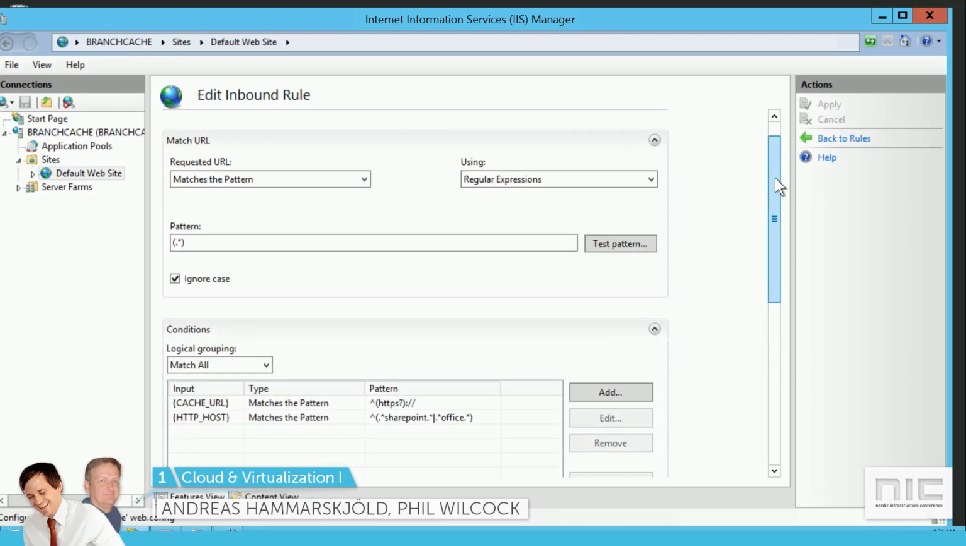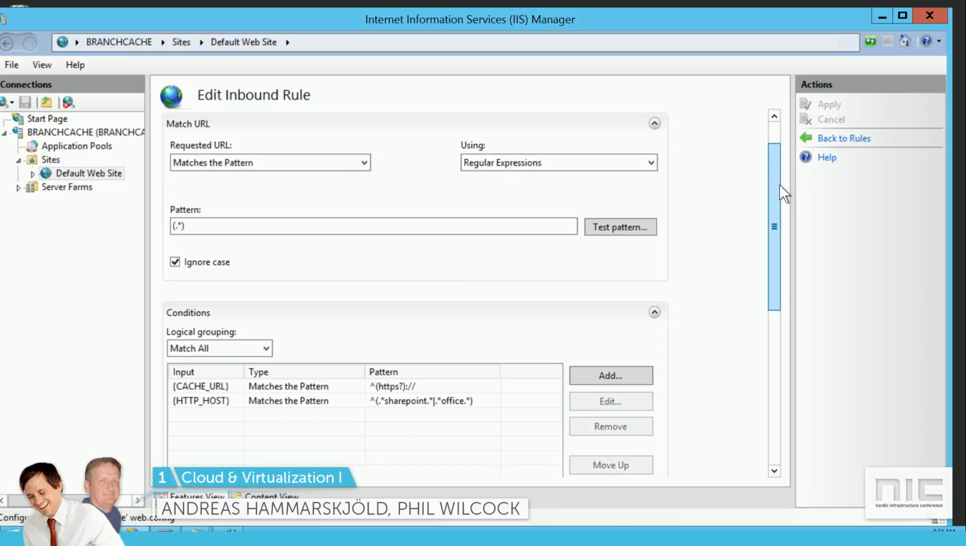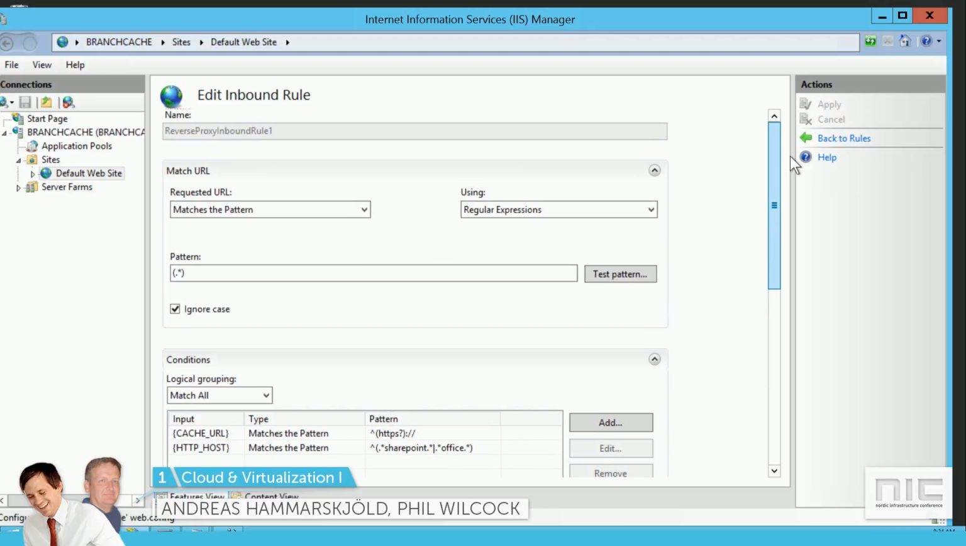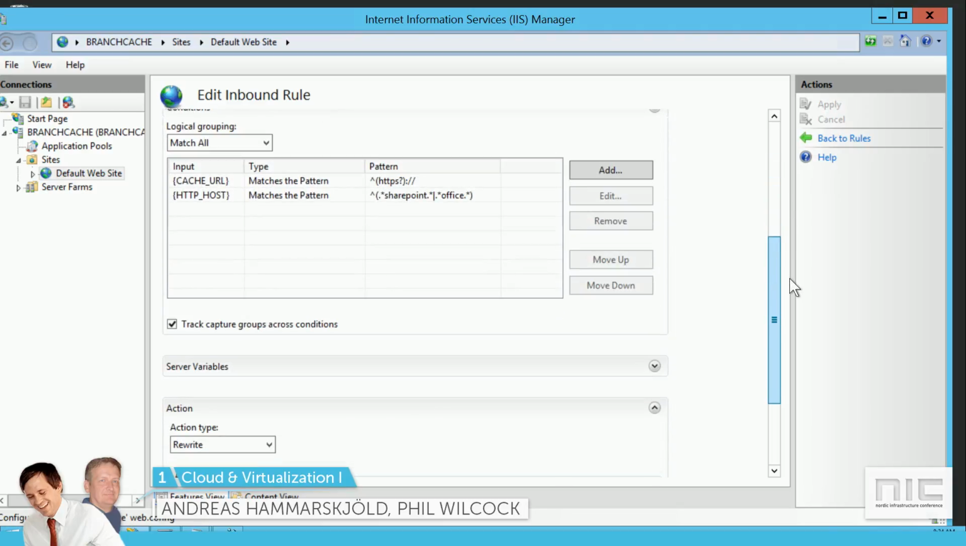Who has worked with regular expressions or understands what they are? Yeah. So it uses regular expressions to evaluate an incoming request. And then we set up some rules. So the first rule basically says grab everything, and